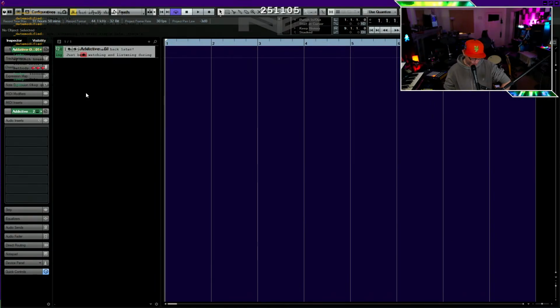I don't think you can get an individual room and overhead for each individual hit. If I'm wrong about that, please correct me in the comments. I've never owned Superior Drummer. I started off on Addictive Drums, and I've just stayed with it because I've never had the extra budget to just buy Superior Drummer. But if that's the case there as well, I do recommend just doing it this way,